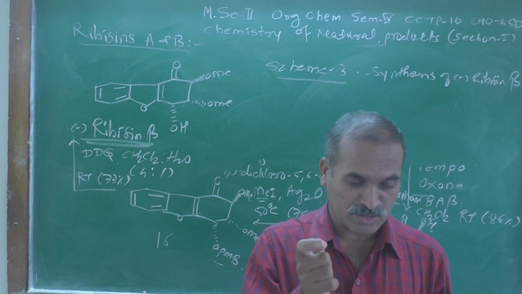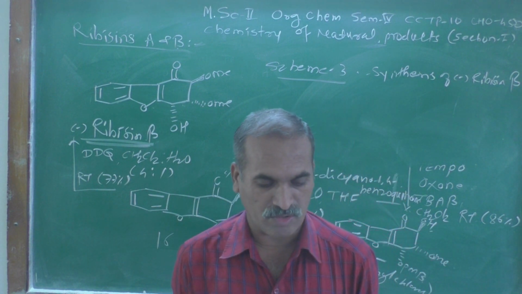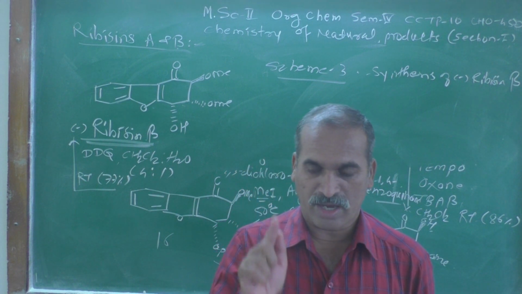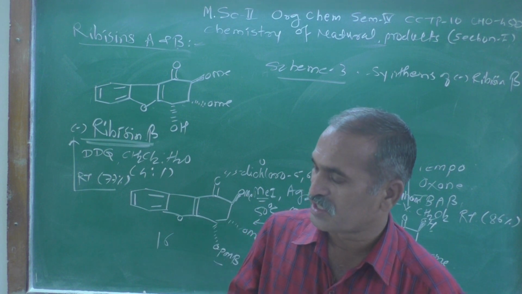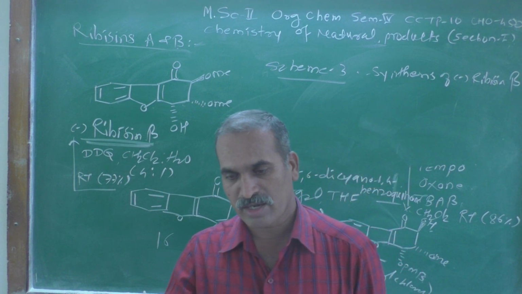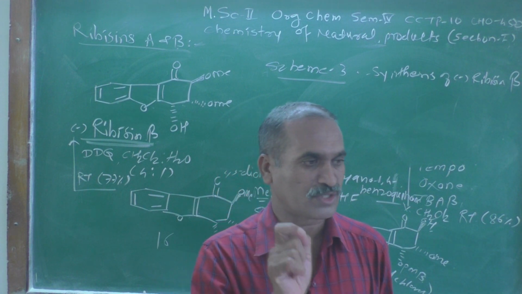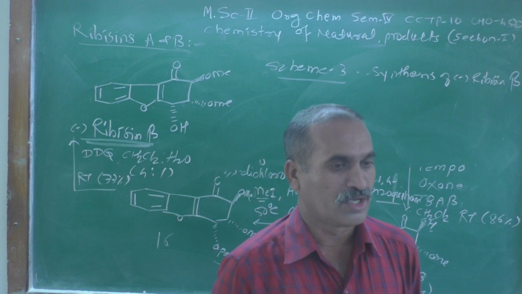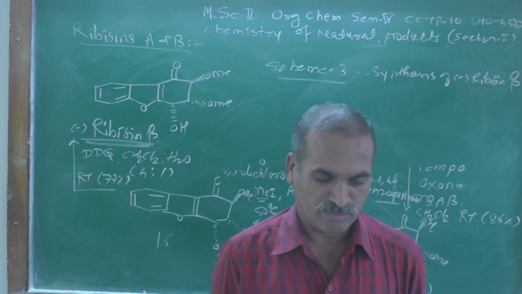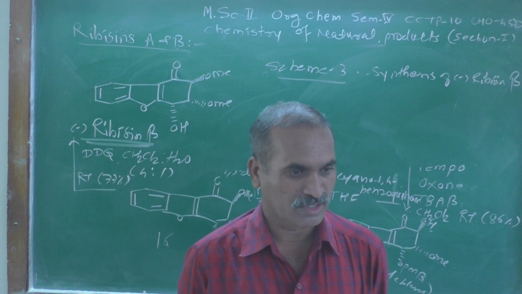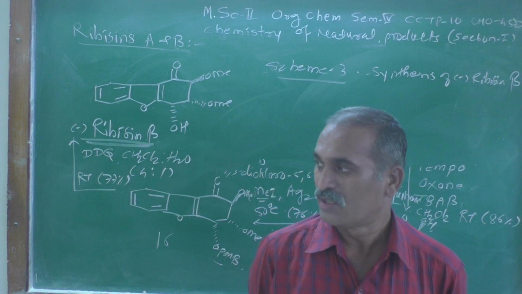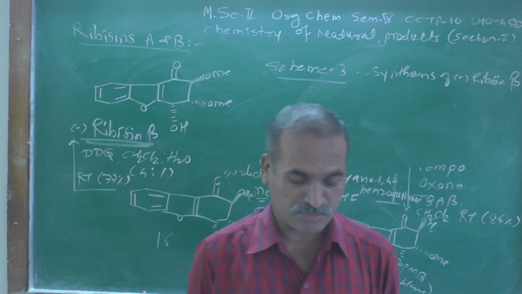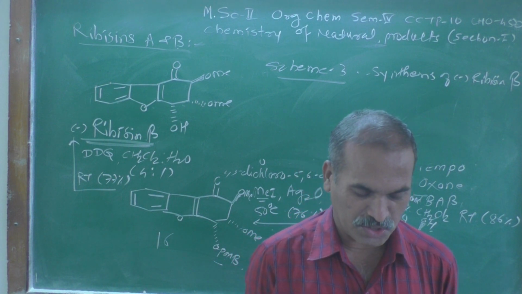But here, what does absolute configuration actually mean? That R and S configuration: those having a chiral center, and that chiral center must possess either R configuration or S configuration, that is called the absolute configuration. R and S configuration we can easily find out theoretically by using the CIP rule, that is a sequence rule, and we know those rules also, and from that we can easily assign the absolute configuration of that particular stereo center.